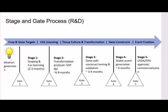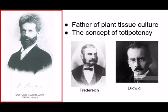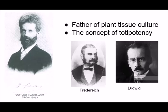Here comes a very important aspect of this whole process, which is the tissue culture and transformation. Again, let me tell you a little bit about tissue culture. It all started with this great man. His name is Gottlieb Haberlandt, as you can see, 1854 to 1945. Gottlieb Haberlandt told us that to take any part of the plant, and you can get a whole plant out of it. Like you take a leaf, put it in a hormone